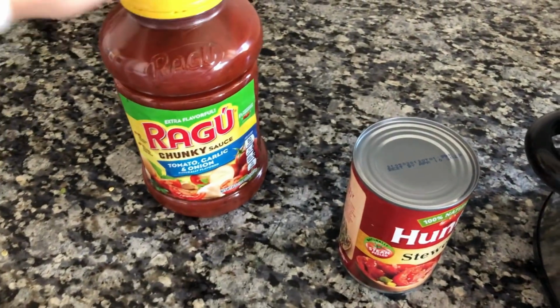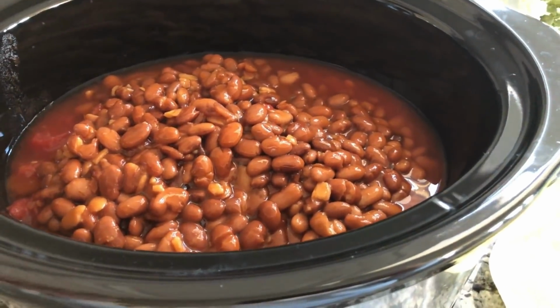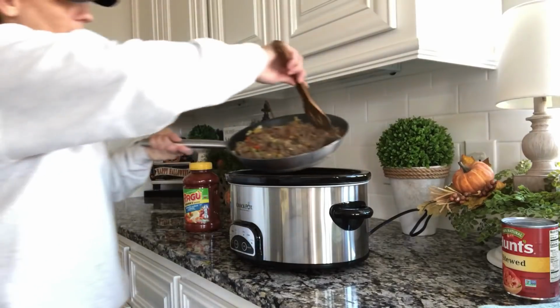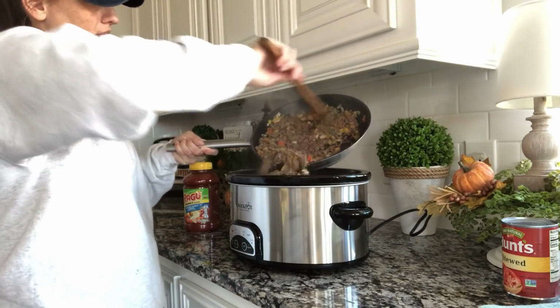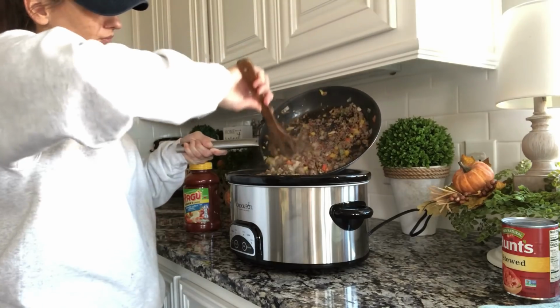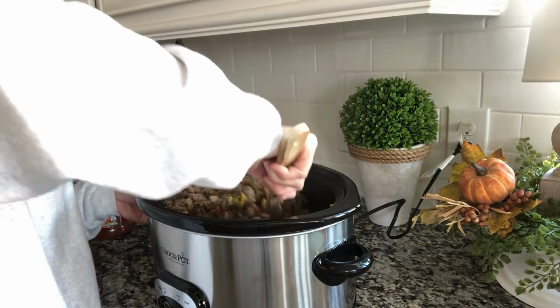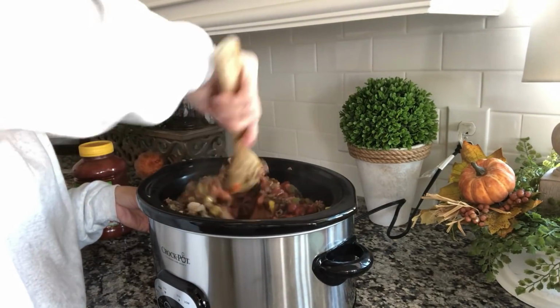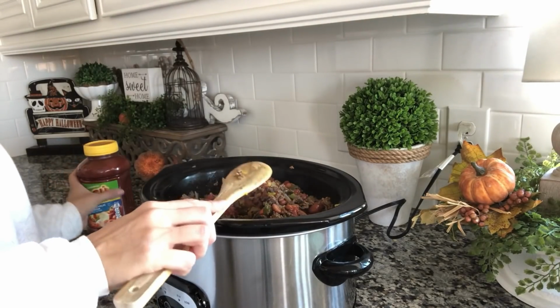We're not going to add this till the end, but now we're going to, and I'm not going to stir this because we're going to stir it again. So now we're going to add the meat. All right, so in it goes. All right, so now we want to get all of this mixed in. I do a little bit of rough mixing. All right, now I'm gonna add